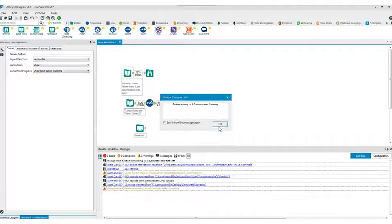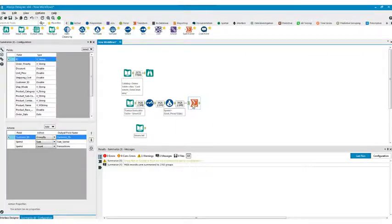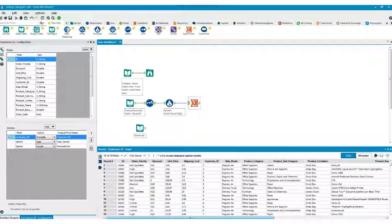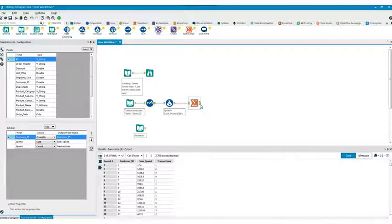As you can see right here, this data set is a line item data set, and I wanted to aggregate it based on a customer ID. I'm not doing any type of coding at all. I dragged and dropped this tool, and just choosing the variables that I want,